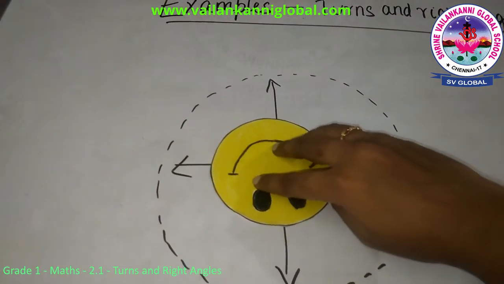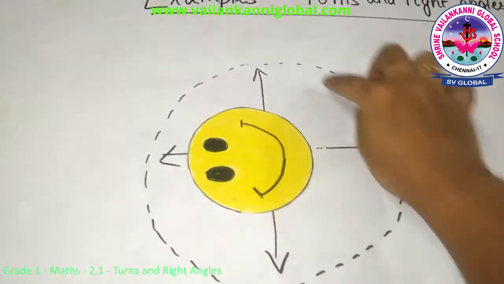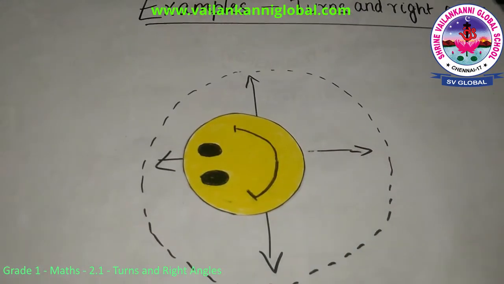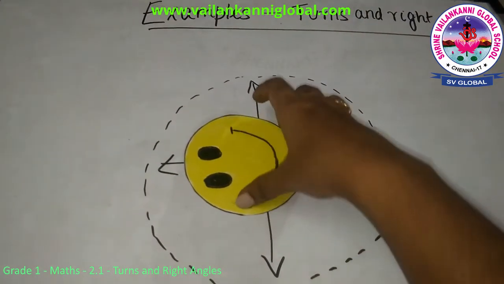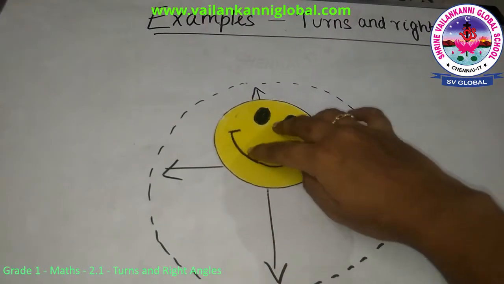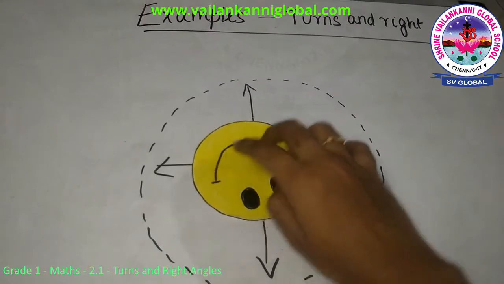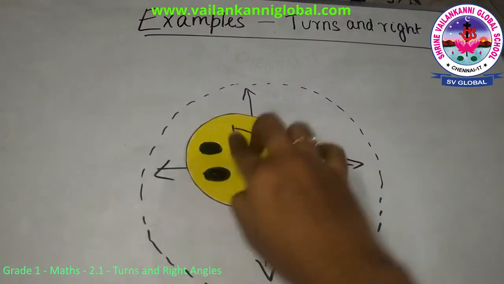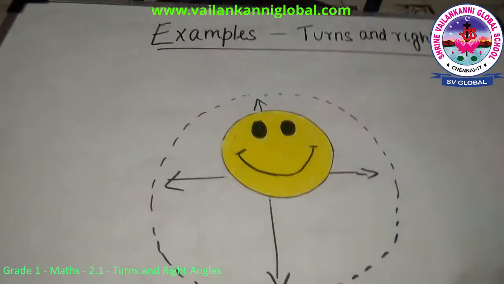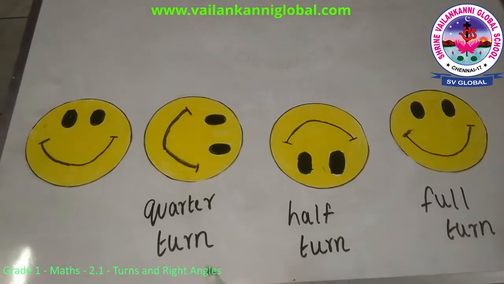Again, when it is moving here, this is three right angles. So this is one right angle, this is one right angle and this is another right angle. Now when it is a whole turn, how will it move? This is the position, it has to make a whole turn. So it will move like this, then like this, then like this, then finally it has made one whole turn. Let's see how it will be placed. So this is how it will look finally.